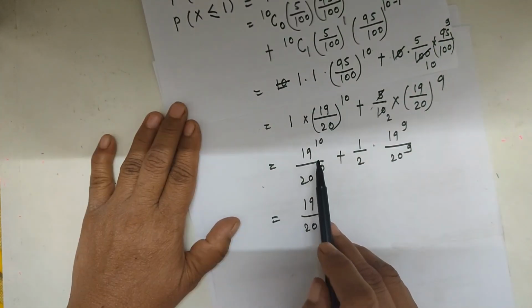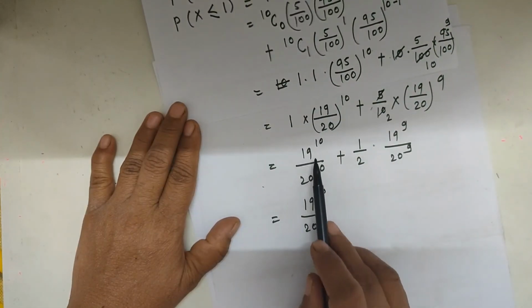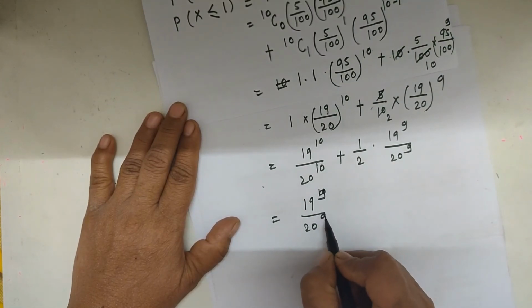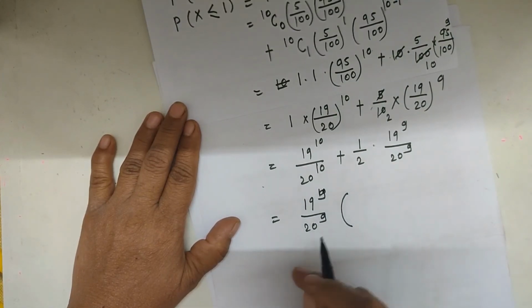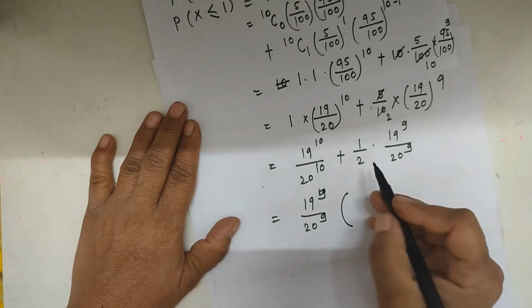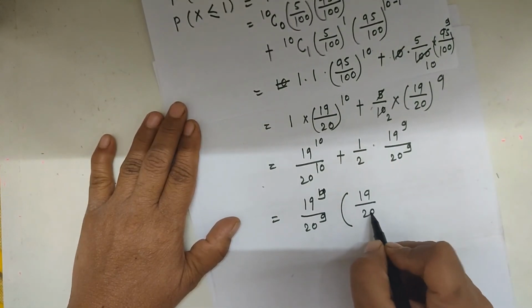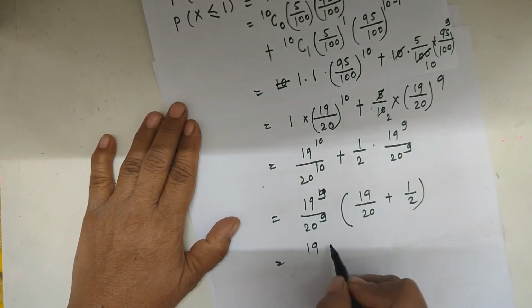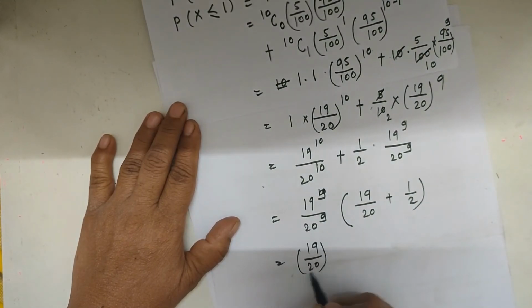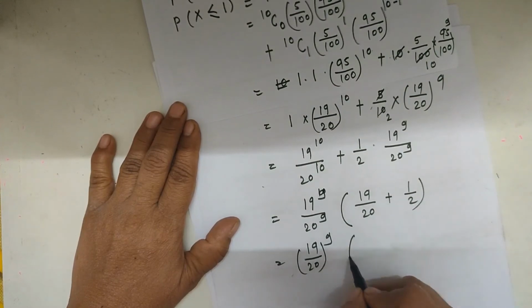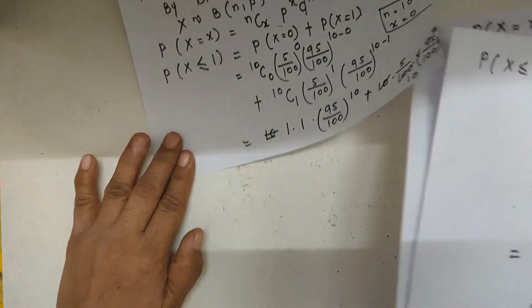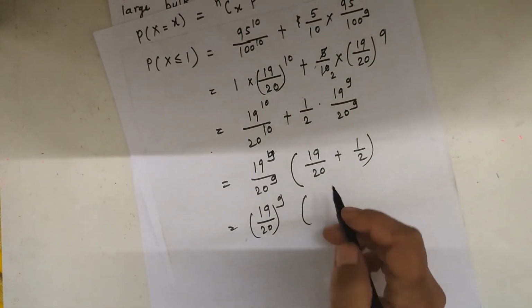So taking 19 raised to 9 upon 20 raised to 9 common from both the terms, we get in bracket 19 upon 20 plus 1 upon 2. So 19 upon 20 raised to 9, and adding these two terms, 19 upon 20 plus 1 upon 2,